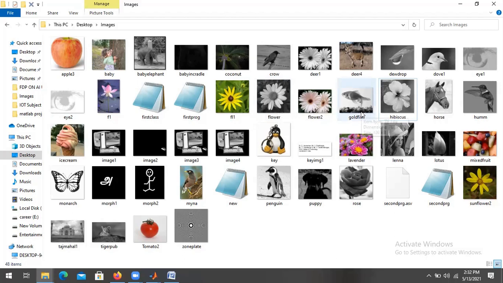This goldfish is of resolution 768 and this is 250 by 250. I will do one thing. These two have the same resolution, both the flowers.